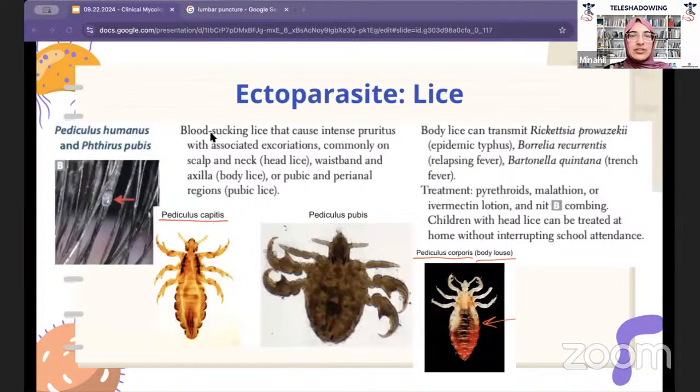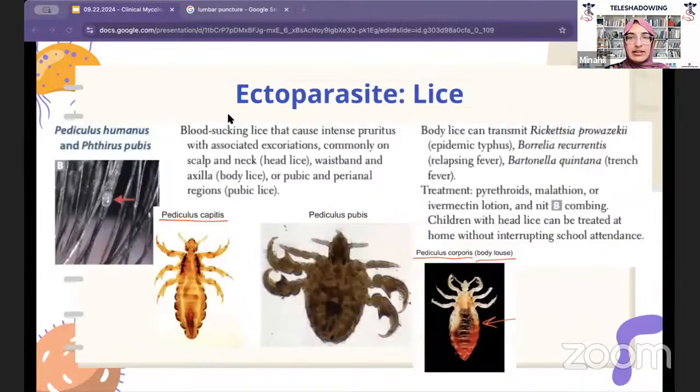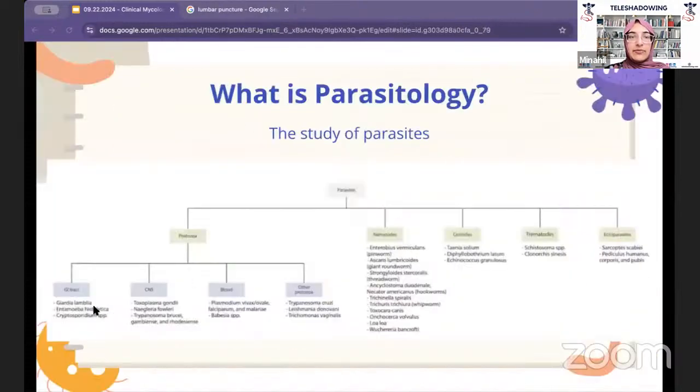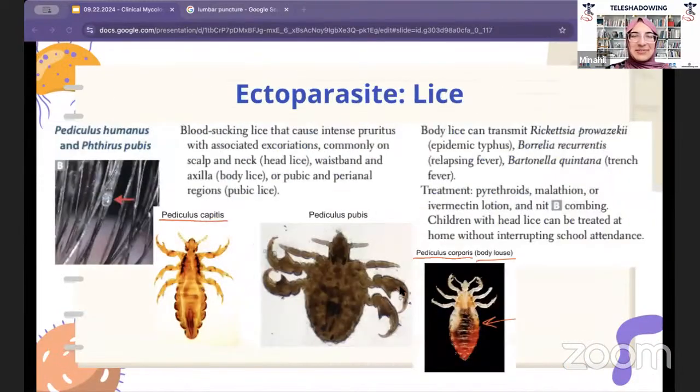All right, now we're going to talk about an ectoparasite. So far we've talked about protozoa, those two types, basically the Giardia lamblia and also the Naegleria fowleri. Now remember from this chart all the way back here, we've talked about a GI tract protozoa, a CNS protozoa, and now we're going to talk about all the way on the right side here, an ectoparasite, and specifically lice, because I remember lice is something I'm pretty familiar with, or actually, hearing about that growing up in elementary school